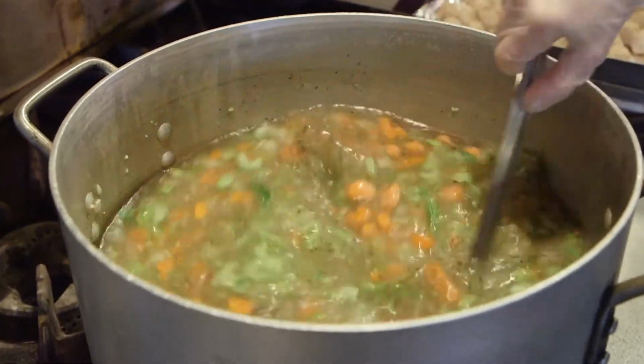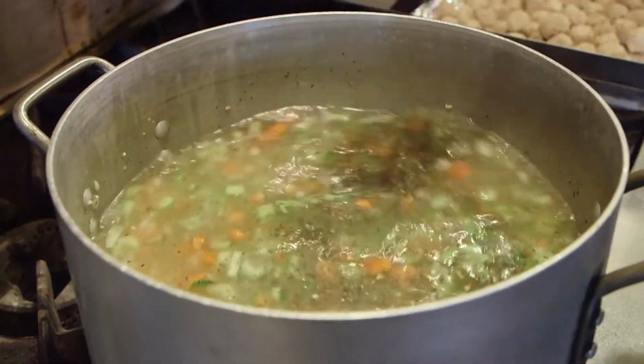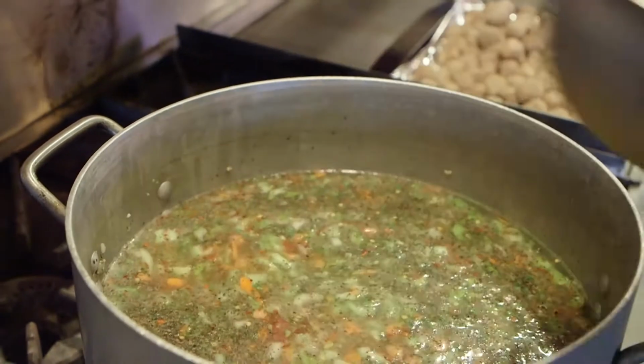Once your vegetables are all cooked is when you add whole peel tomatoes. Just buy a can of whole peel and crush them up with your hand so they're not big chunks. In the summertime, I get homegrown tomatoes from the locals, and I'll use those because it gives more flavor, but right now it's wintertime, so I can't. So I add whole peel tomatoes,